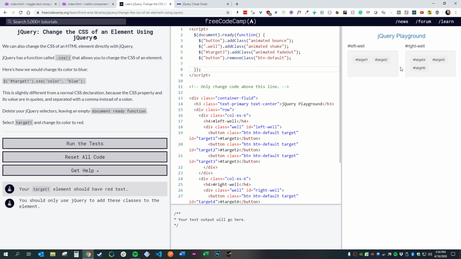When I reload the page, you should see some animation over here. Okay, you see it bouncing and going up and down, shaking, that sort of thing. And some folks were like, well, I want my thing to do that. What's happening here with this Free Code Camp lesson is that they're just teaching you that jQuery can add CSS classes to things. So they're adding the CSS class of animated, they're adding the CSS class of bounce, but they